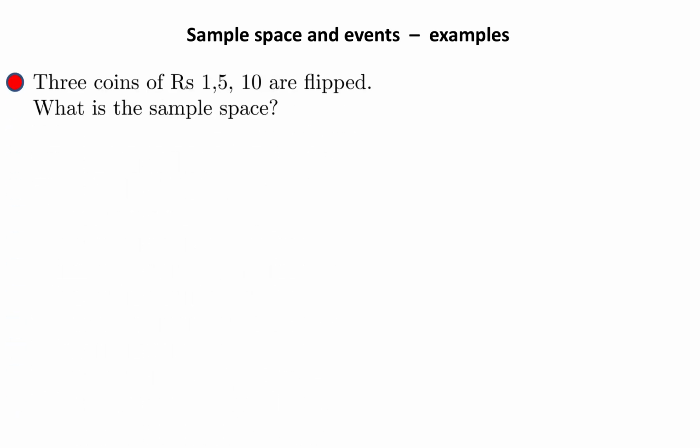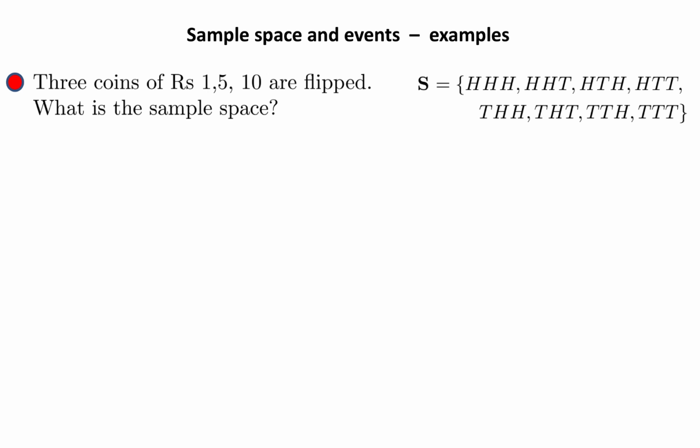Let's now take some definite examples of random experiments, sample space, and events. Consider 3 coins of 1 rupee, 5 rupees, 10 rupees that are flipped. What is the sample space? Well, in each case, you'll get a heads or a tail. And the sample space contains 8 elements. Heads, heads, heads, all the way down to tails, tails, tails. These, of course, are all